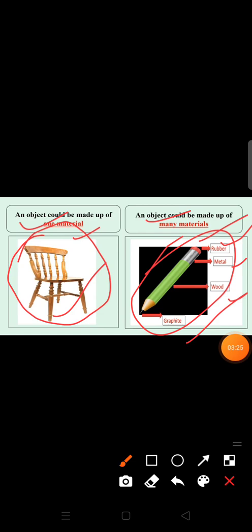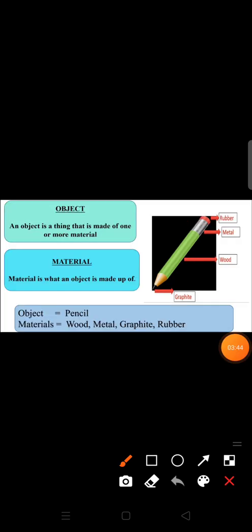So the chair is made up of only one material, that is wood, and the pencil is made up of four materials, that are rubber, metal, wood and graphite. Here we can conclude that an object could be made up of one material or more than one material. I hope you have completely understood what objects and materials are and the difference between these two.